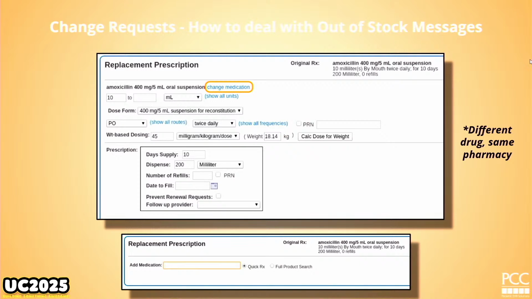The only caveat that I'll tell you here, this does not work like resend. You can't send this to a different pharmacy. This would be changing the drug and sending it back to the same pharmacy, because Walgreens sent you that message, you have to respond back to them. It's like a text, you know, kind of thing. Hopefully these things will begin to resolve.